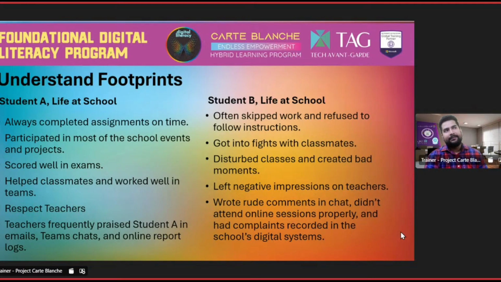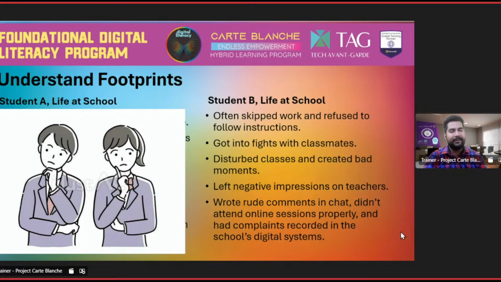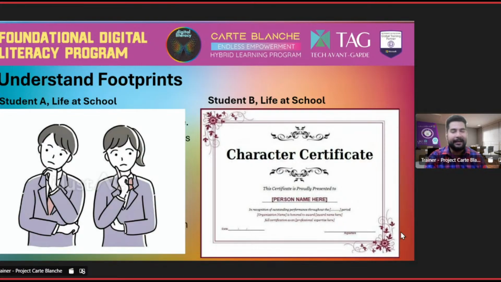Okay, let's say they were in class sixth or seventh. When they come to class 10th, when they have to pass out and go forward, they all have a thought process of taking very important things for their future steps, which is their character certificate, right? That is in the hand of the school to give to the student.